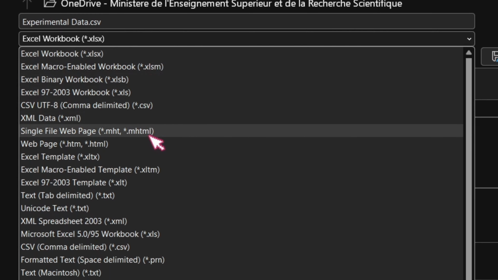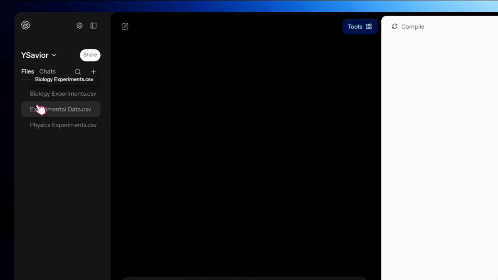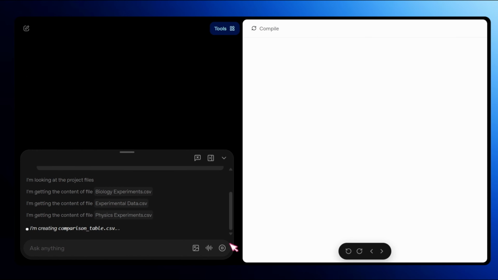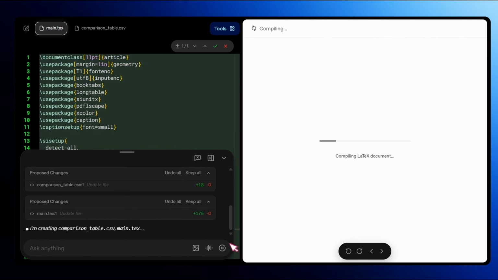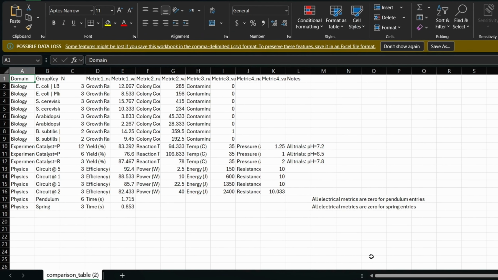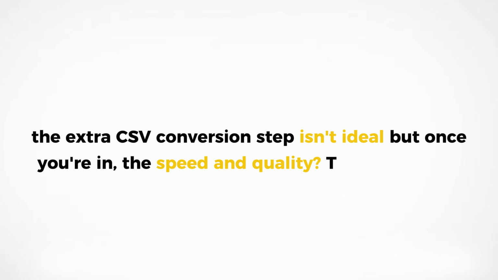First, export each sheet as a CSV, delimited format. Then upload those CSVs to Prism. Now tell it, "from these 3 CSV sheets, create one comparison table and return it in CSV format so I can paste it back into Excel." And just like that, Prism generates a clean, professional table with proper headers, perfect alignment, and even optional statistical summaries if you want them. Sure, the extra CSV conversion step isn't ideal, but once you're in, the speed and quality,